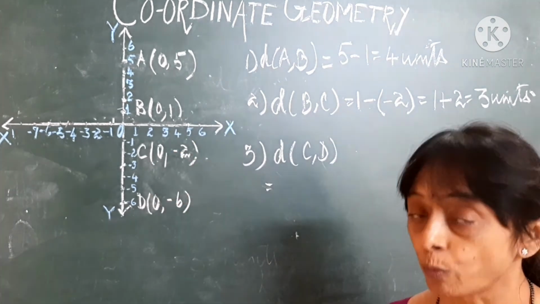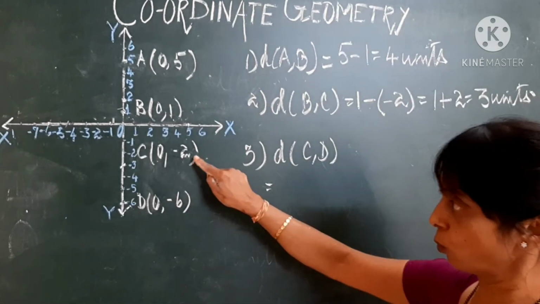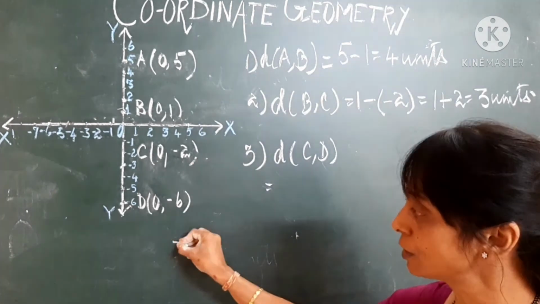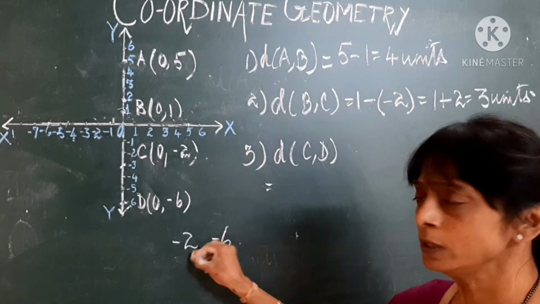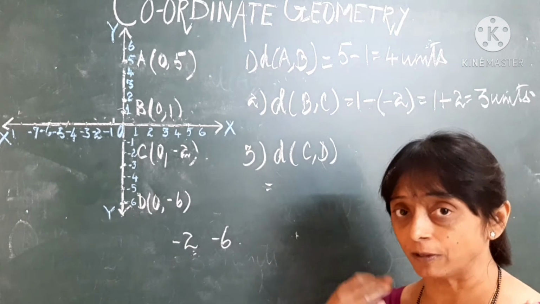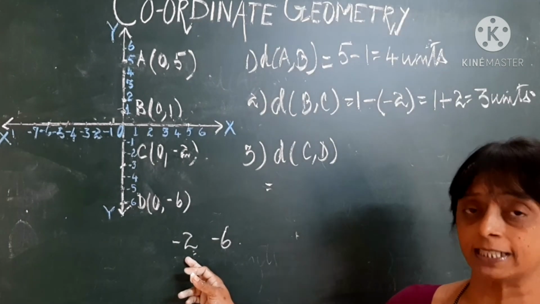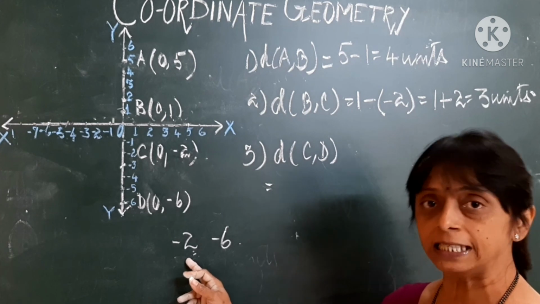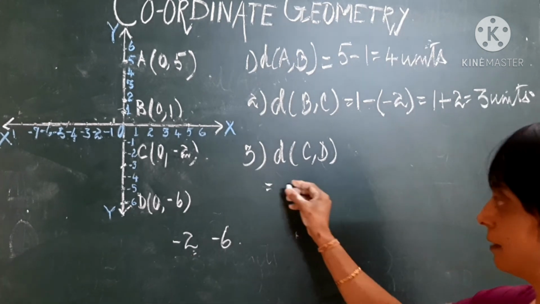X-coordinate 0. So where do we concentrate on? We concentrate on the y-coordinates. Y-coordinate of C is minus 2 and y-coordinate of D is minus 6. Who is greater? Again, we have seen as we move towards our left, the preceding value is always greater than the successive value in line when you move towards the left of your origin. So minus 2 is greater